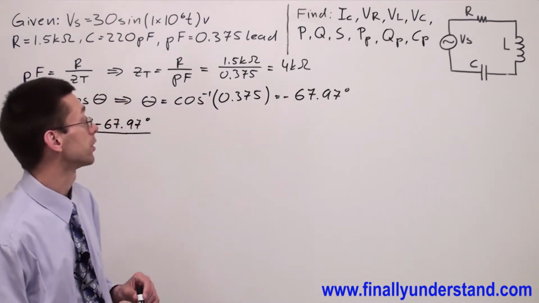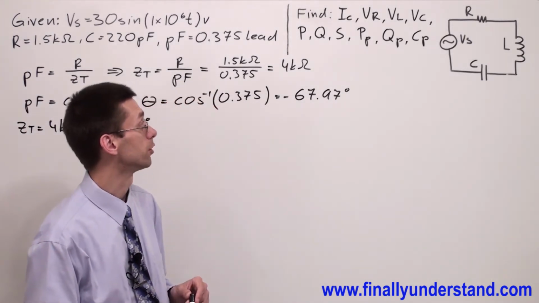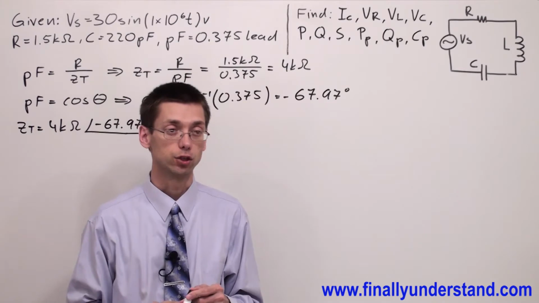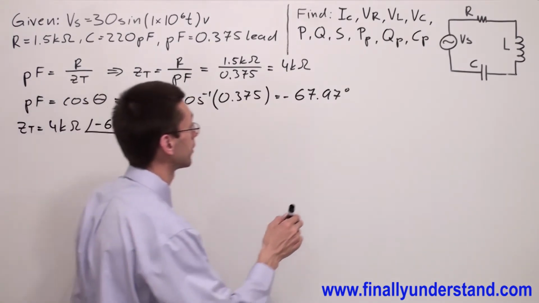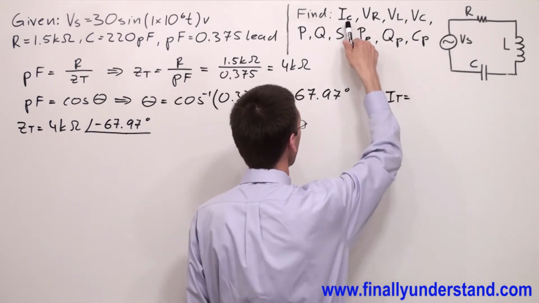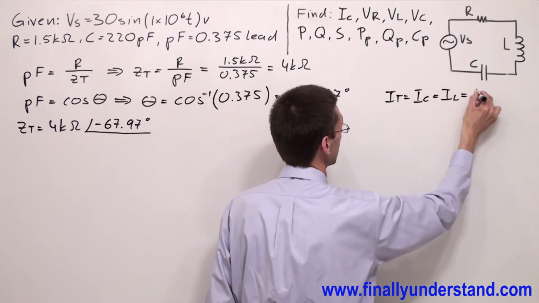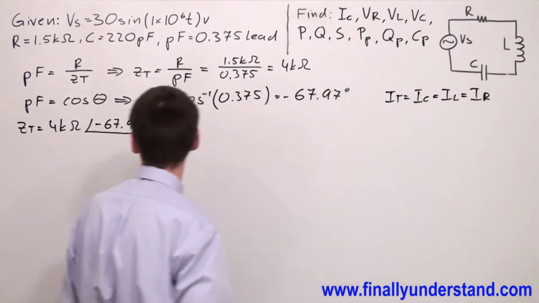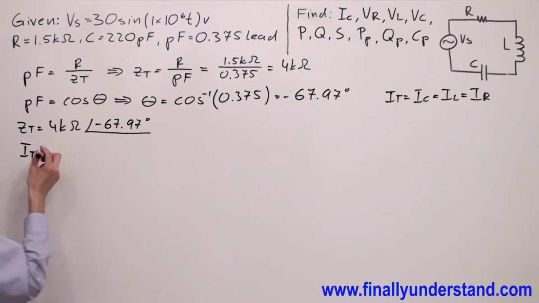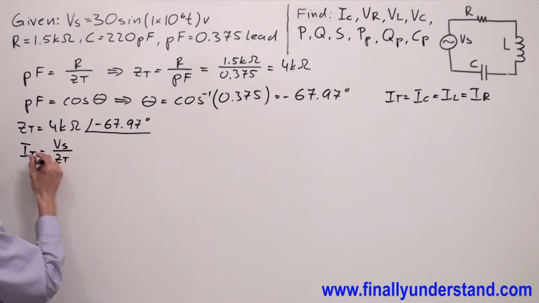Why do I have to find Z total? Because in order to find current, I would first like to solve Z total, and after that, if I have the voltage source given, I can very easily find I total. Don't forget that this is a series circuit. I total is also equal to IC, and this is also equal to IL, and this is also equal to IR. So if you want to find I total, simply use Ohm's law and say that voltage source divided by Z total is going to give me the current